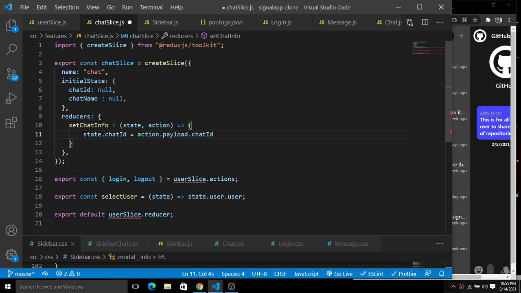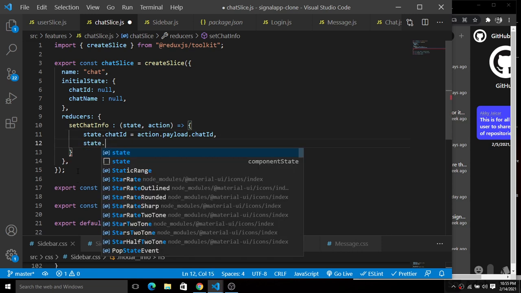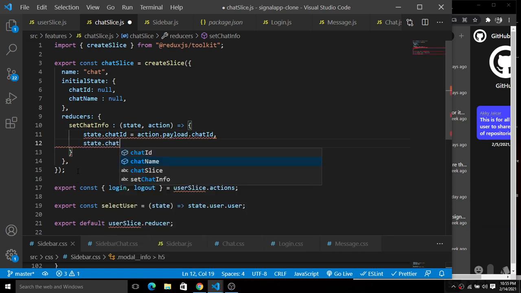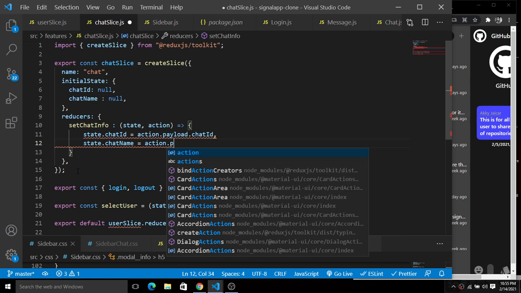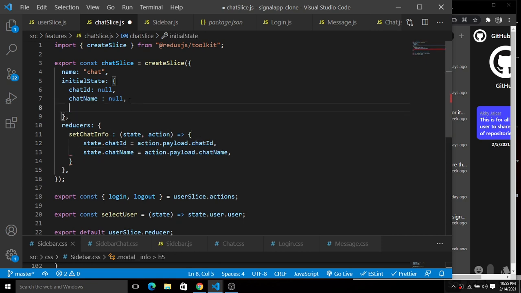We'll do the same thing for the chat name here. So state.chatName will be action.payload.chatName. So we have this chatId and this chatName, and next we will also create the state for the chat image. For this chatImage, initially it will be null here.